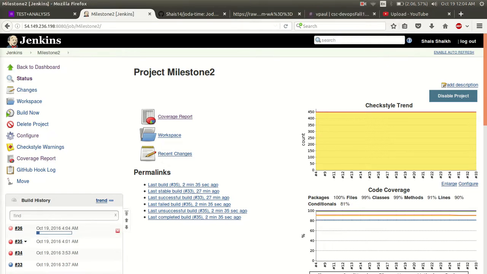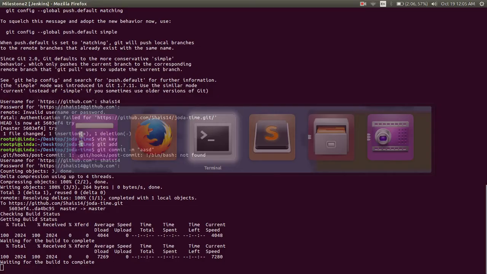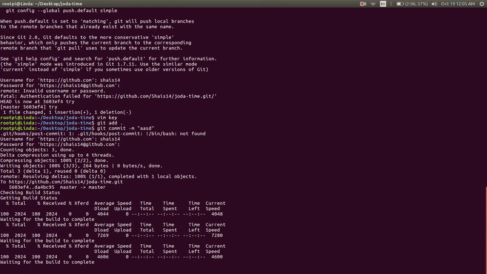So we can notice that a new build has started, which is actually the previous successful build state. So it's waiting for the build to complete.